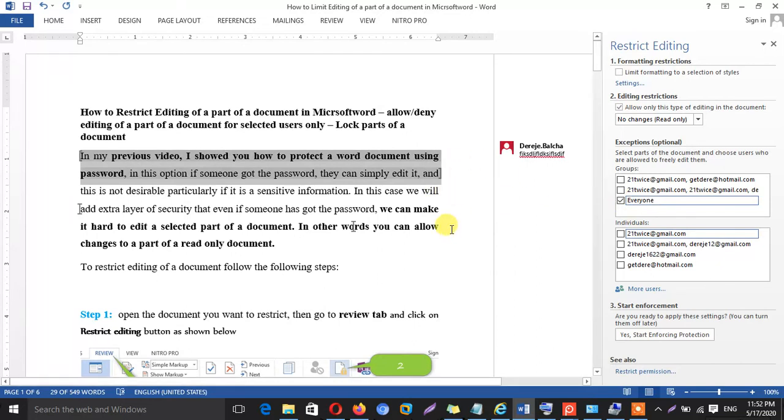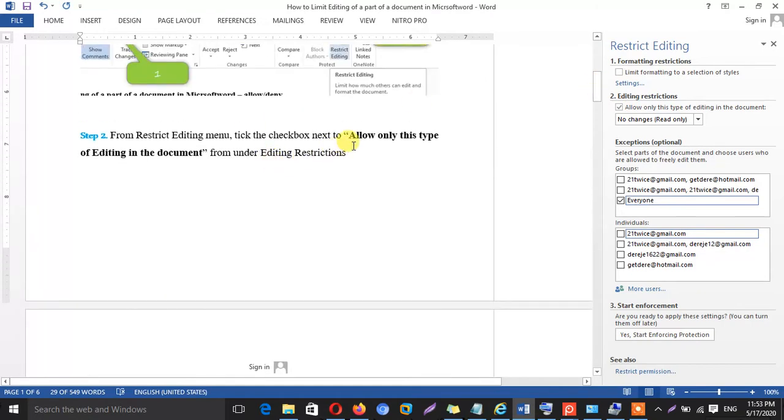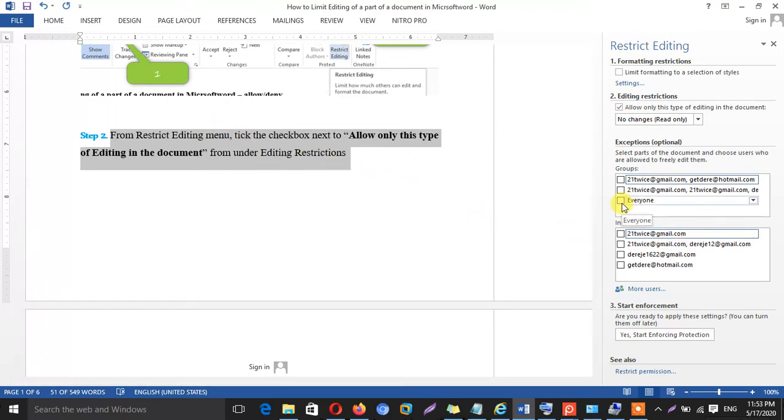If I need to select another part of the document, I will keep Control pressed and then scroll down and select the other part of the document I want to be edited by others, which I am giving permission. Then once I have finished selecting all the parts of the document to be edited, I will come here and check everyone.